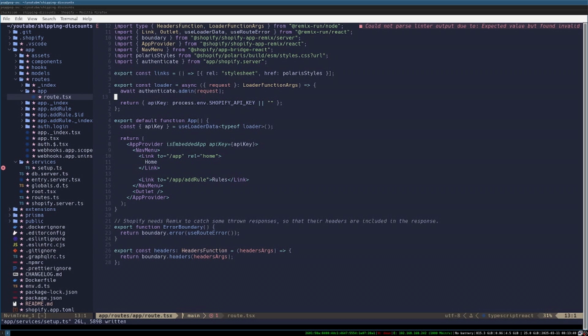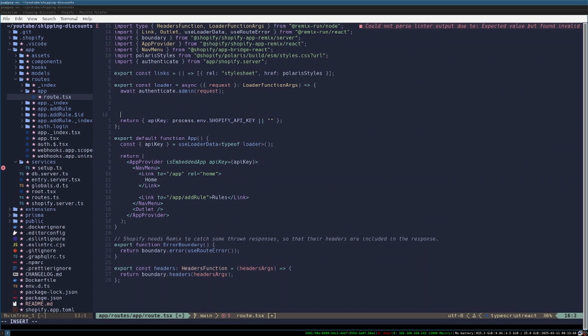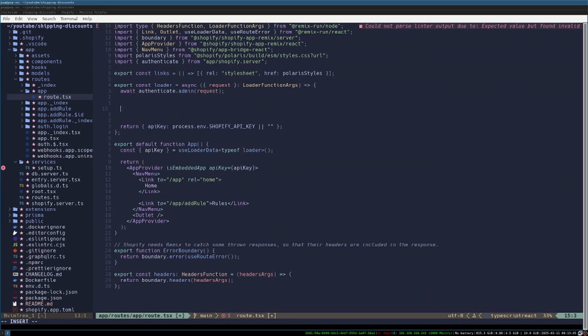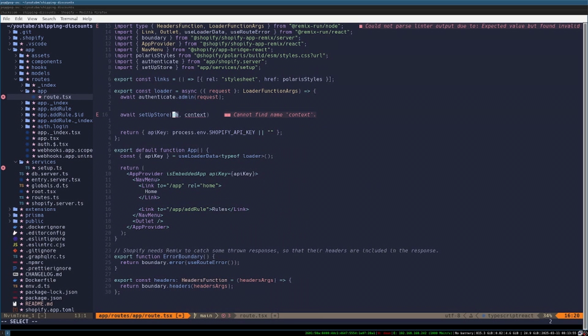And inside here, the app route, I'm going to run this function, and then we're gonna check that it's creating the Shopify store. So let's just put here await, then setup store. Setup store is going to find it here, and then we need to pass in the context. So I think we have to just create a context from here. So context,